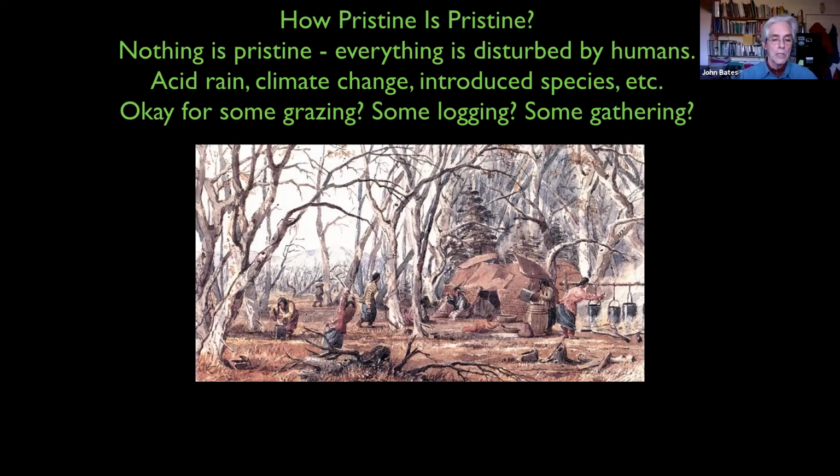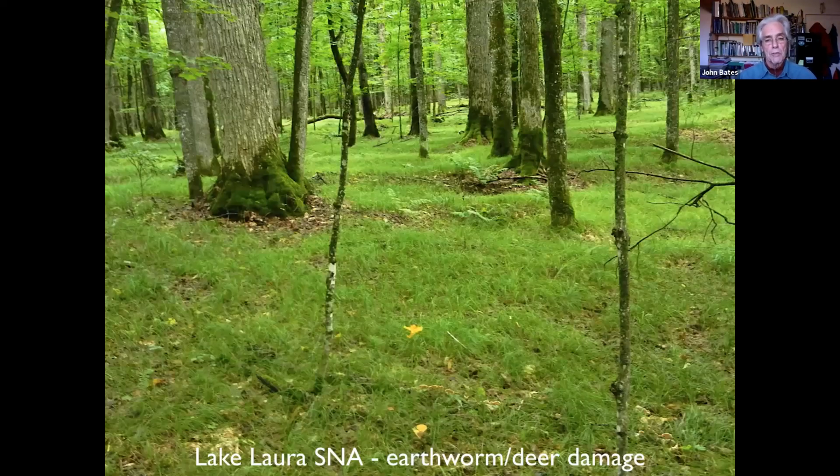Here's the Lake Laura State Natural Area near Star Lake. That is an understory of almost all Pennsylvania sedge. And this is not anything human beings have done directly. Indirectly, it's because we have introduced earthworms and we have too high a population of deer. So you end up with this depauperate understory, almost nothing growing, trees and saplings in the understory, almost nothing in an herbaceous species, but sedges.